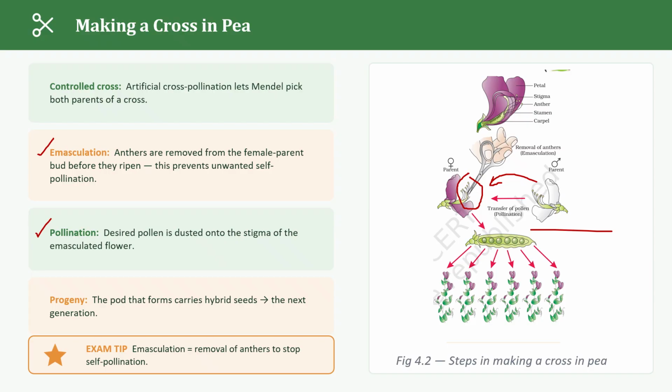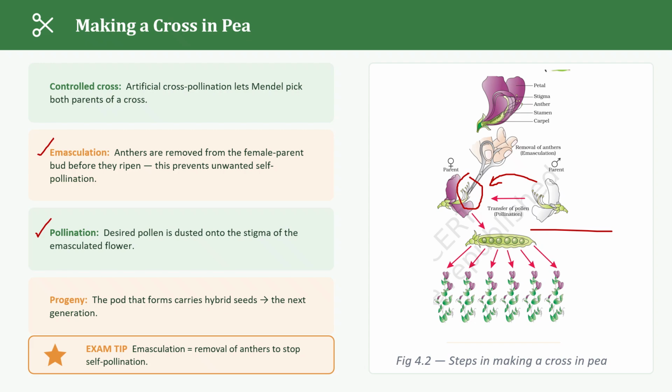So in the next step, after fertilization, you know what will happen, right? We already saw in our previous videos. When the pollen grains are transferred to the stigma, a pollen tube will be formed. Here it reaches the ovule part, and then fertilization takes place. After fertilization, the ovary develops into a fruit containing hybrid seeds, which produce the